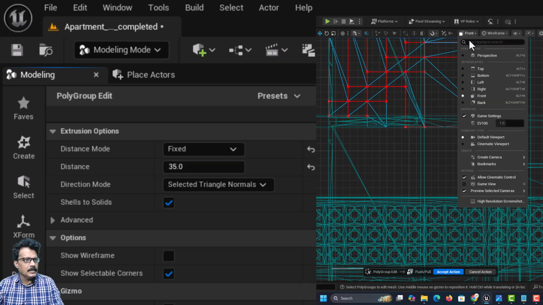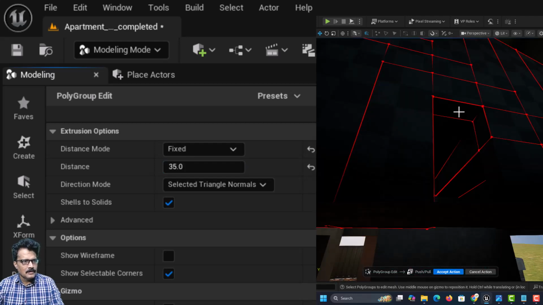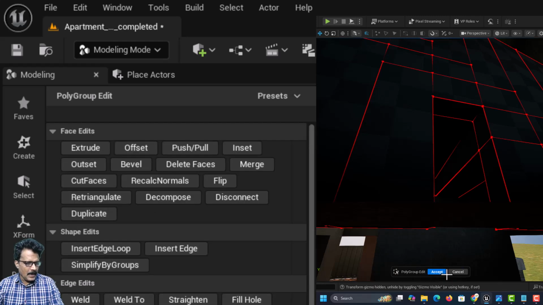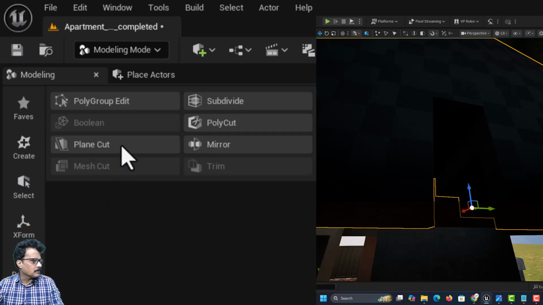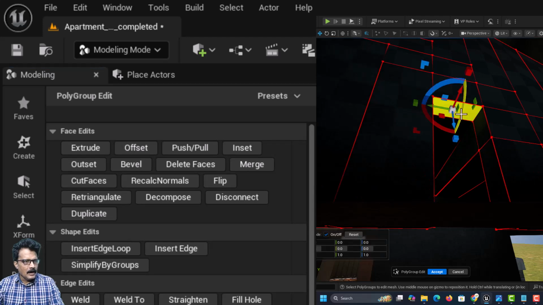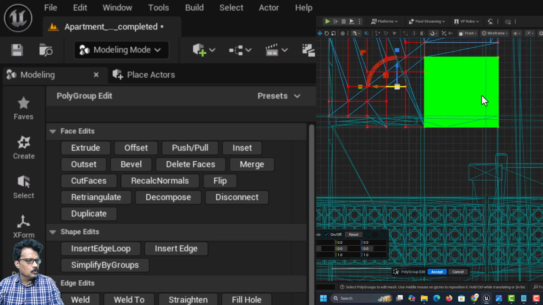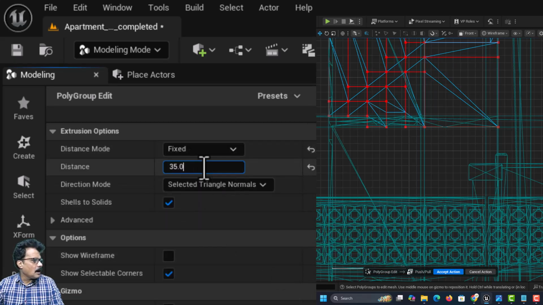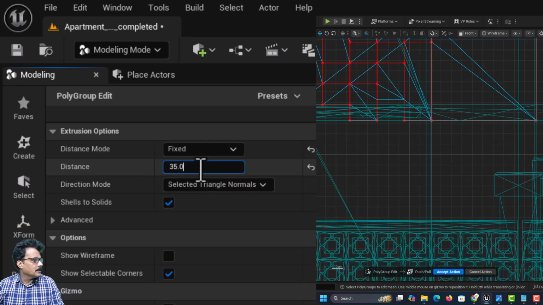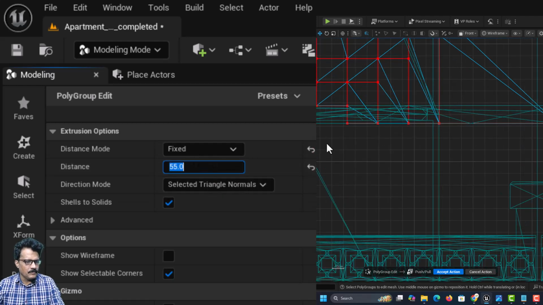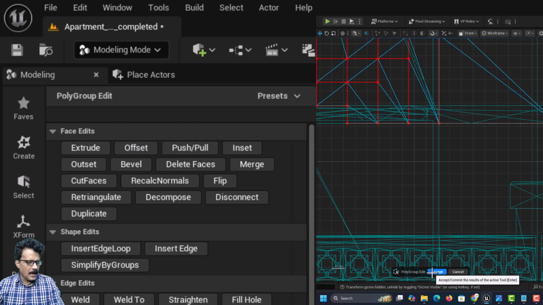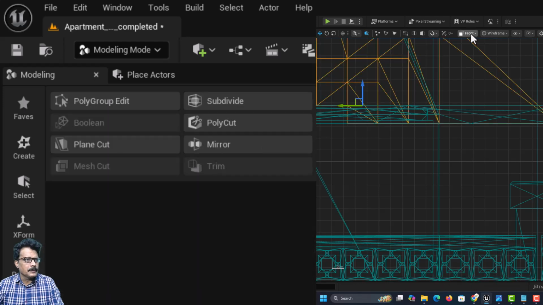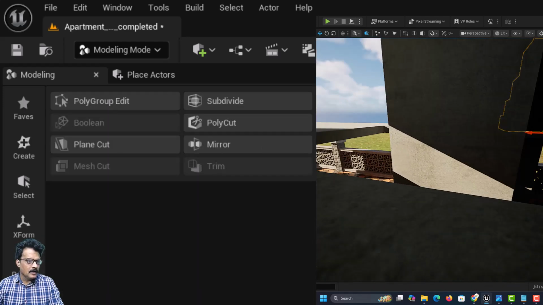I left one in between face, I think. Yes, this face also I have left. So I will come into push pull, accept action, polygroup edit, accept. Again polygroup edit, I select this face and I will come into the front view, and again I will click push pull, and this time I have to add another 20, I think. I will move it by 55, press accept action, polygroup edit, accept on the other side here, and just check